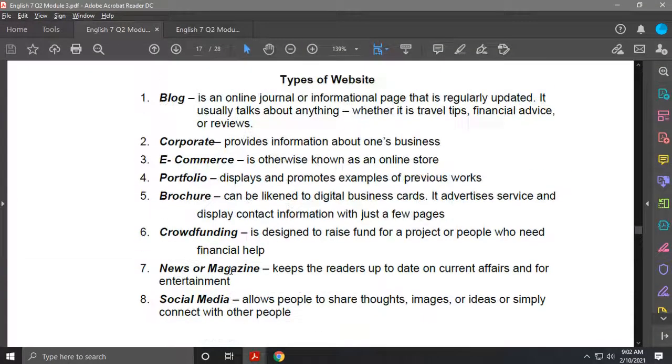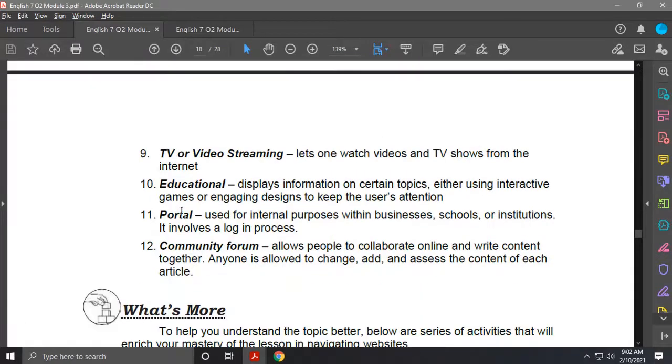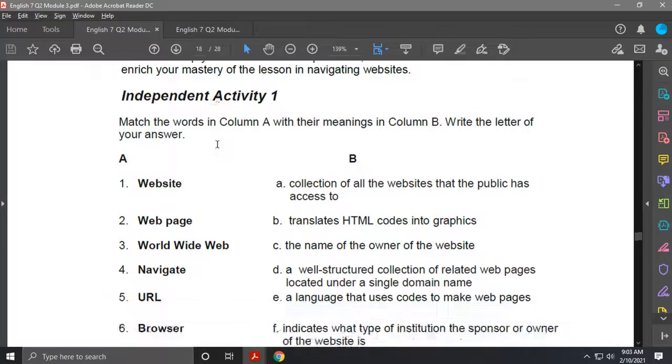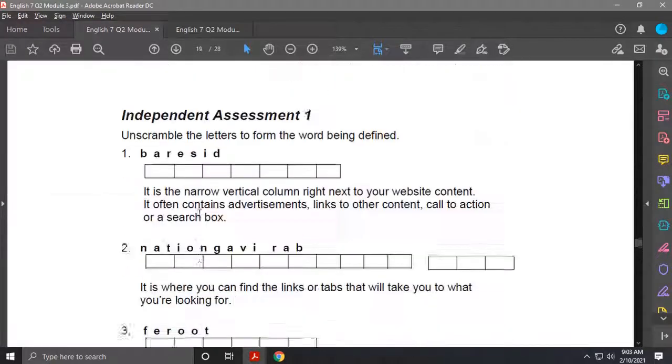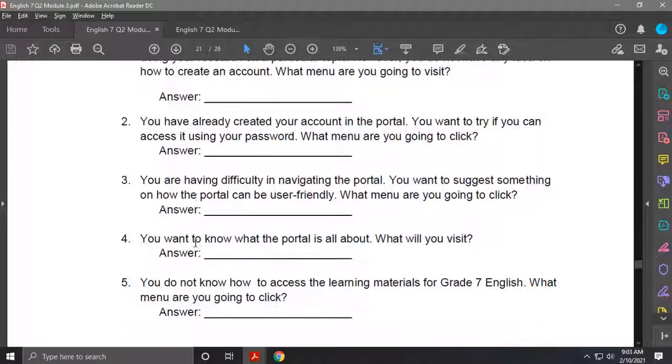So again, these are the 12 types of website under the World Wide Web. So for today's activity, I would like you to answer all the activities under What's More, independent activity 1 from page 14